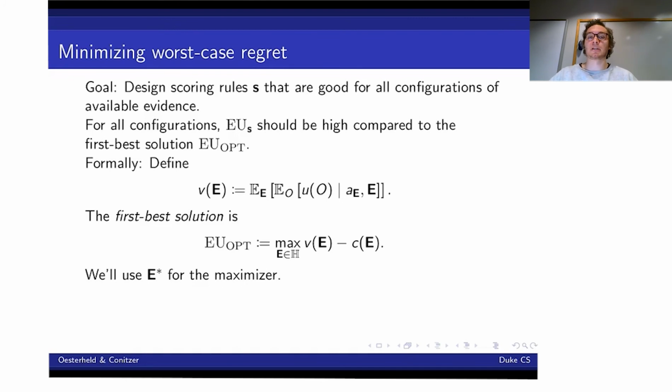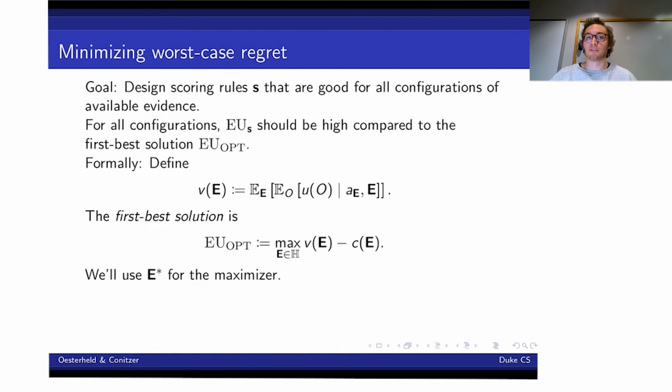And I think the best way to think about this is really imagine that these experts were fully transparent and said upfront exactly what information they had evidence they had access to, and the principal can just tell them what evidence to acquire and only has to compensate them exactly for their costs. Then the expected utility that the principal would obtain is exactly this first best solution.